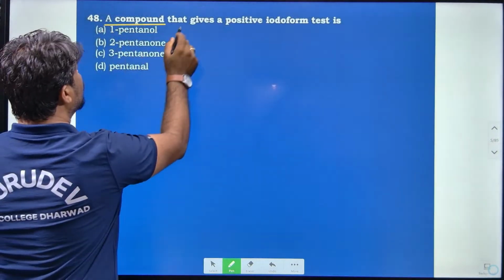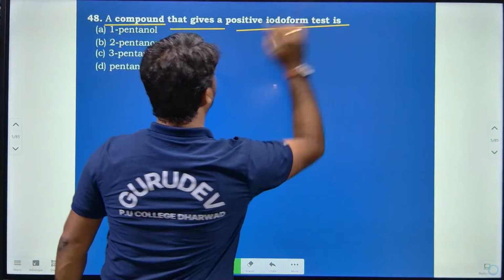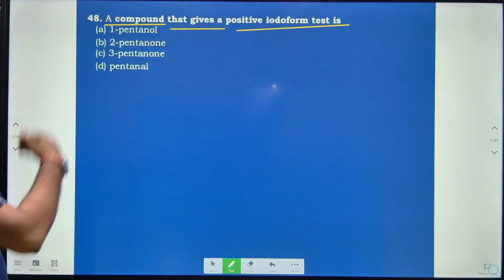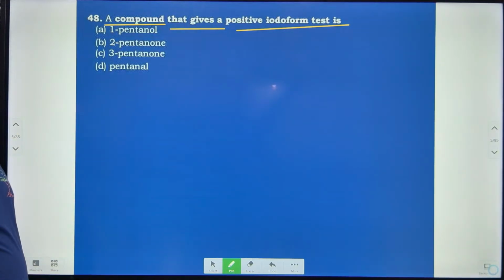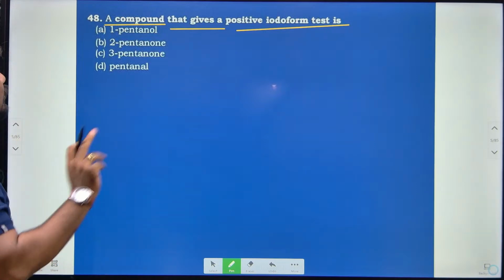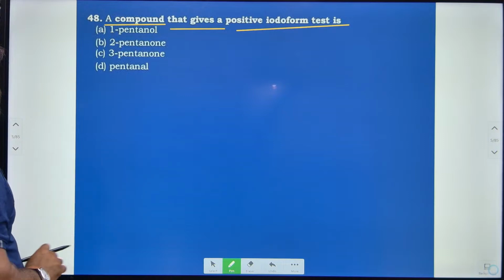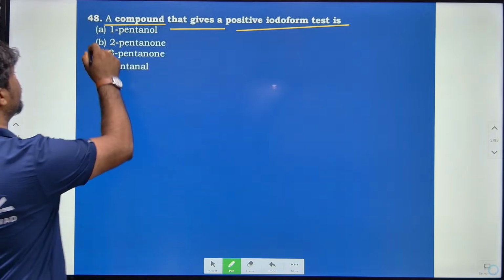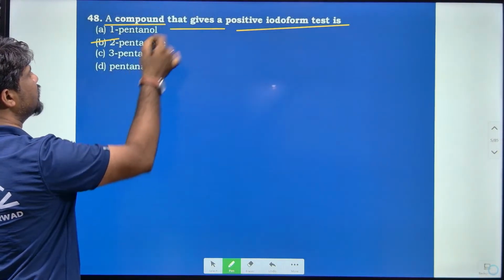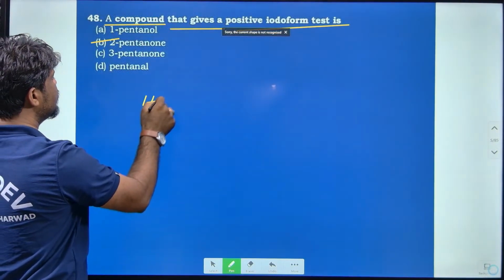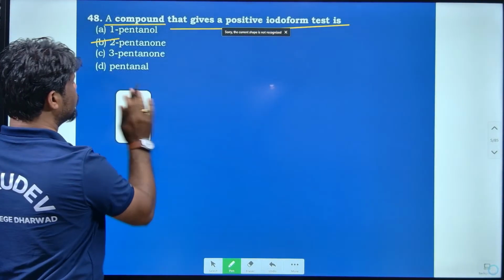A compound that gives a positive iodoform test. Which compound will give the positive iodoform test? The compound which contains an alpha carbon and alpha hydrogen should be there. That compound will give only a positive iodoform test. So among these, option B will give the iodoform test as positive, because here they have given